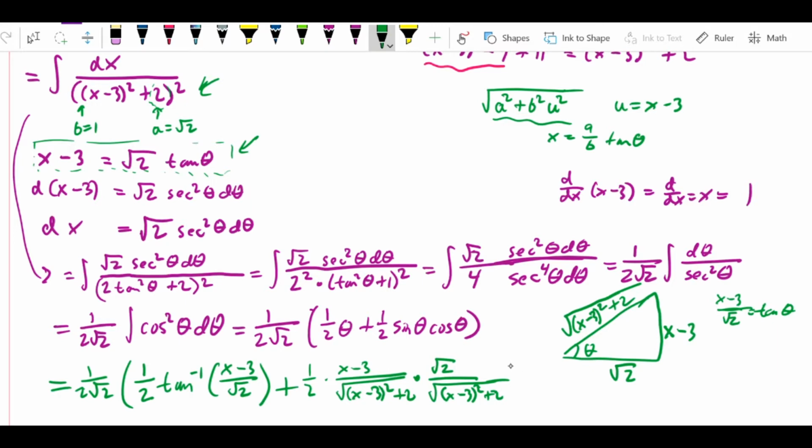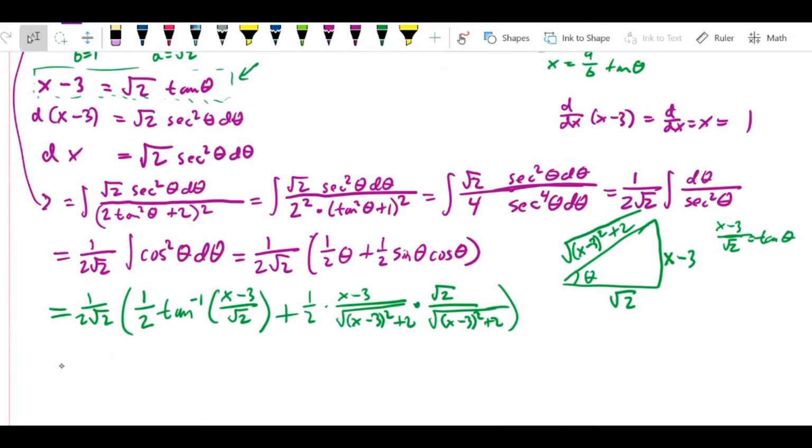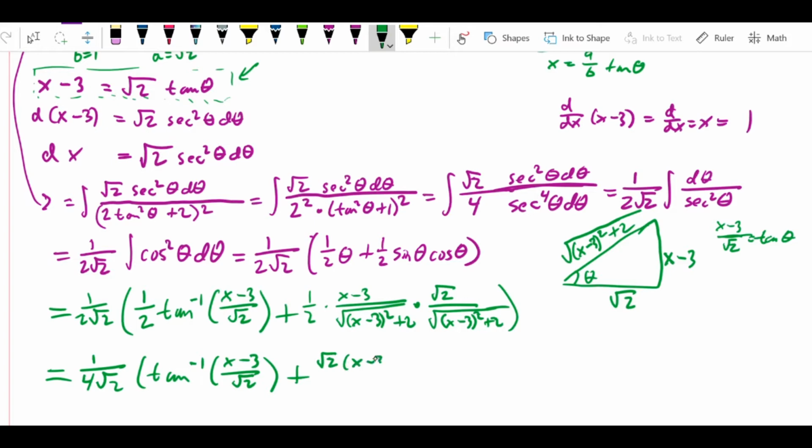Okay, so we need big parentheses there. Let's do a little more simplification. That's going to be 1 over 4 root 2. I'm going to pull out this factor of 1/2, and that gives us arctan of x minus 3 over root 2 plus root 2 times x minus 3 over, and I want you to observe what happens here. In the bottom, we have the square root of x minus 3 squared plus 2 times itself. So that's going to be just x minus 3 squared